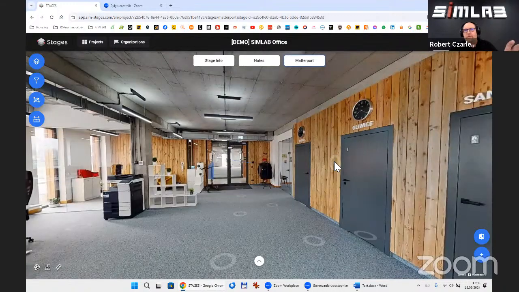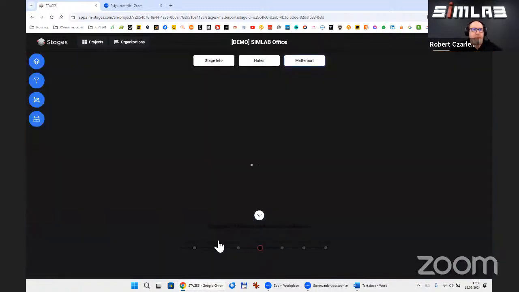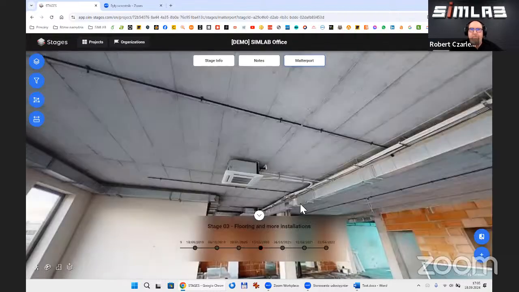In this view, on the tab with the Matterport scan, we placed the three most important features. The timeline, which is available here. Using the timeline, we can easily jump between stages and see the differences between them.